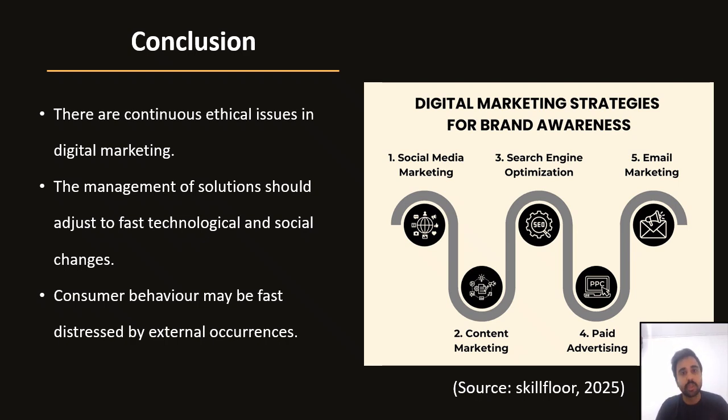Some solutions you can face in the future, such as ethical artificial intelligence or consumer education, need to remain dynamic because external factors such as new rules, upcoming policies of the platform, or events worldwide might change the scope and influence of digital marketing very quickly. So addressing these issues requires more than just a one-time solution. Approaches like artificial intelligence implementation and consumer education must be dynamic and responsive to change. So this is the conclusion, and the next slide is